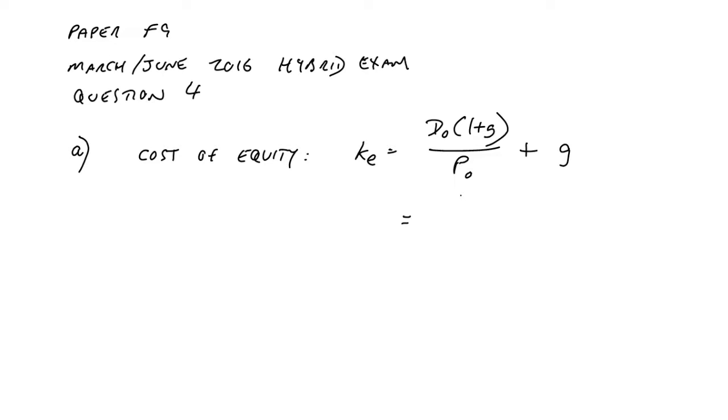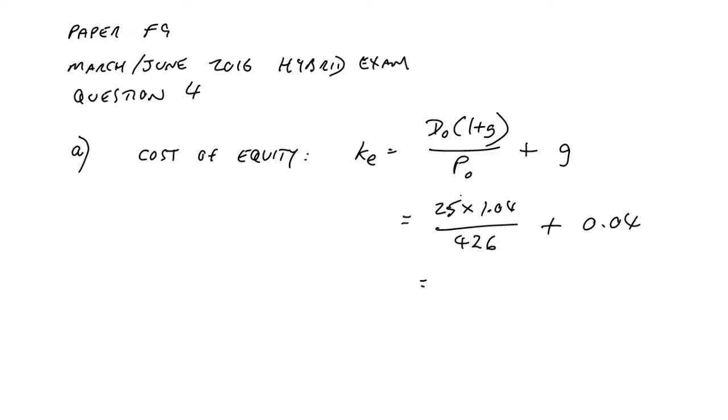D0, the current dividend, I've lost the question. The current dividend is 25 cents. I always do it in cents, so I write 25 rather than 0.25, doesn't matter. Times 1 plus G, the growth rate. They're growing at 4%, so 1.04. Over P0, the current ex-div market value, which is 4.26. As I said, I'm doing it in cents. Plus the growth rate 0.04, which comes to